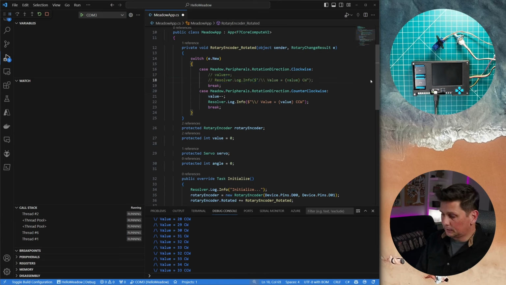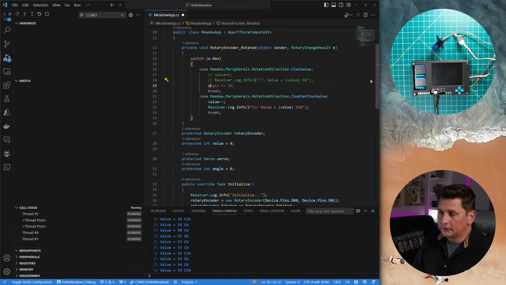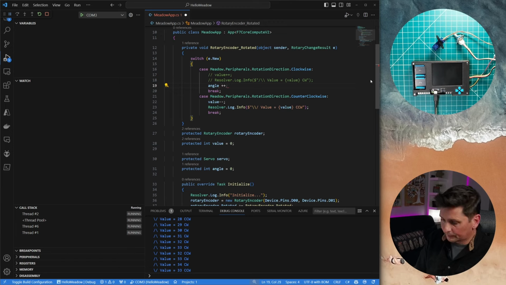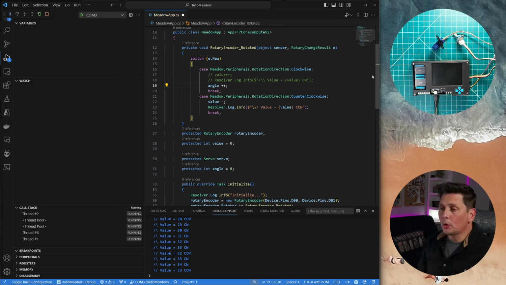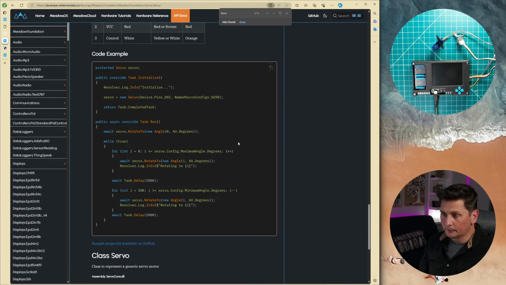and what I'm gonna do here is gonna be angle plus, okay? But the servo has a max and a min, right? If I look at the sample, it's saying that, hey, you have to go to a certain value, but not go beyond the servo config maximum angle in degrees, okay?